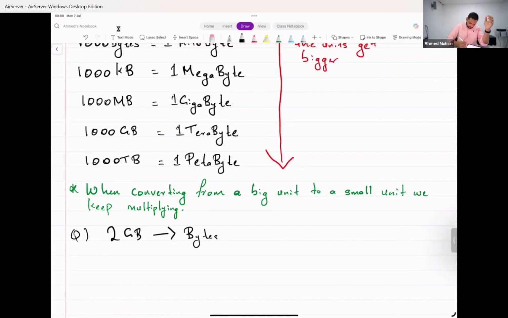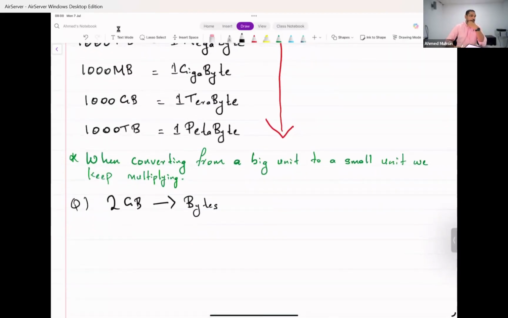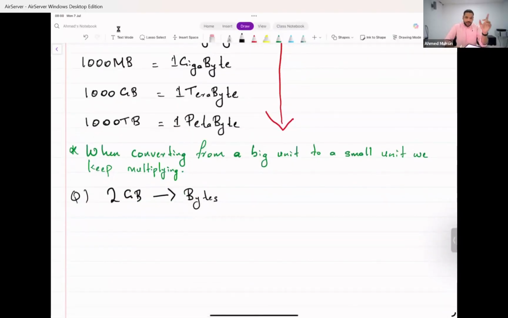Everybody okay with this? Do you all agree that I am going from a big unit to a small unit? Gigabytes to bytes is a big unit to a small unit, isn't it? So what was the rule? You keep multiplying. So you start at gigabytes and keep multiplying until you reach bytes. So you are here at 2 GB. Now what do you do? Multiply. Before GB, what do you have? Megabytes. So from GB to MB, you need to multiply by how much? 1000